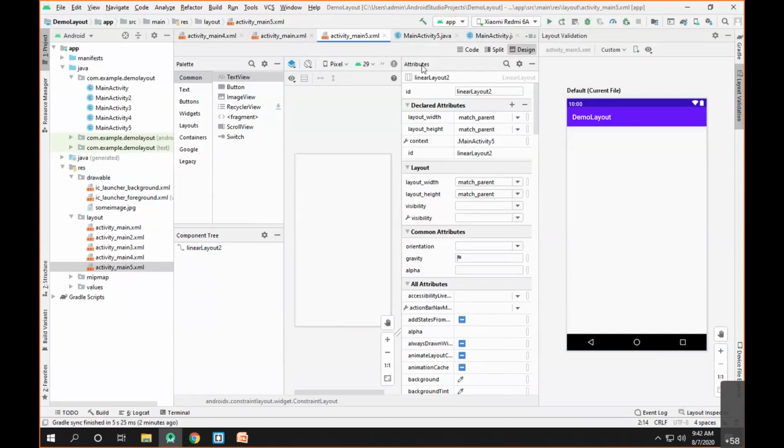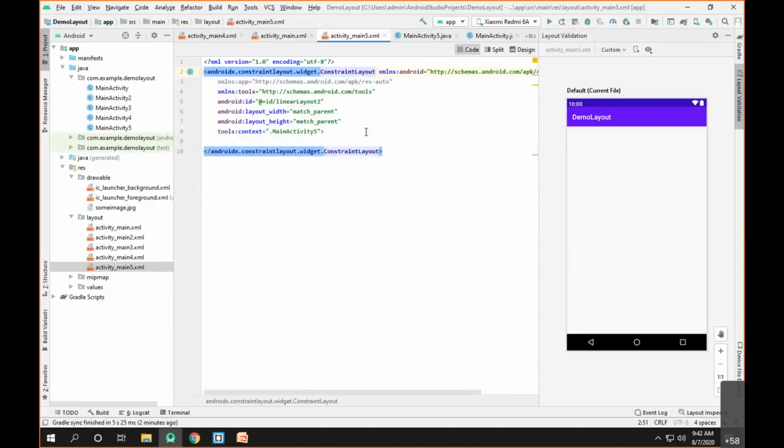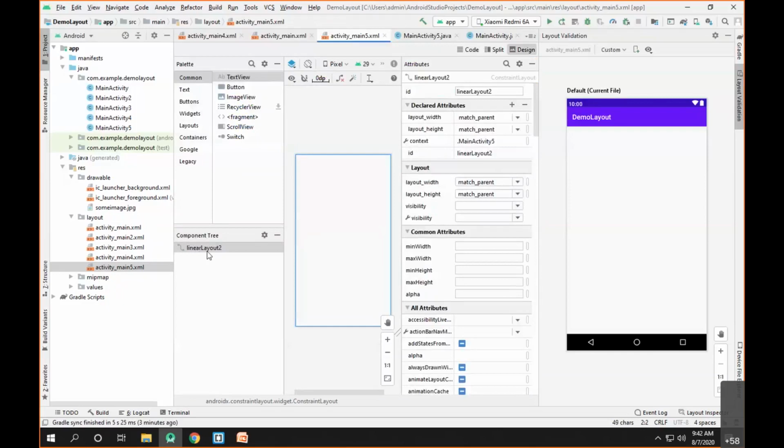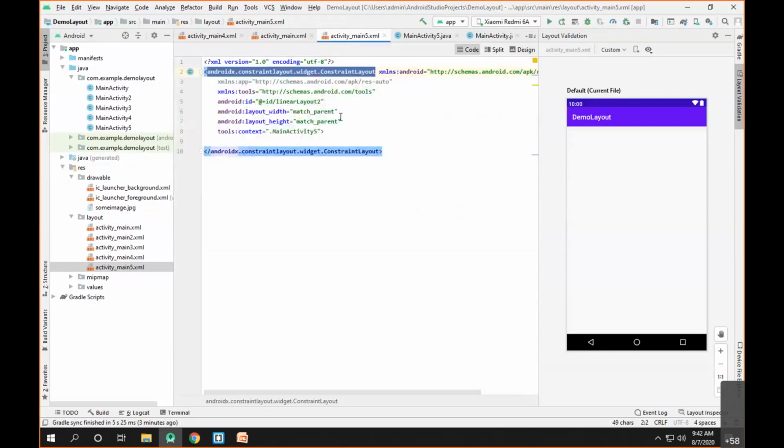the constraint layout. Now, if I go to the code view, you can observe here the layout is basically changed to the constraint layout. Now, the problem is still I'm seeing here a linear layout. Now, this is not a big problem. It's basically an ID. So it doesn't have any visual impact on your layout.